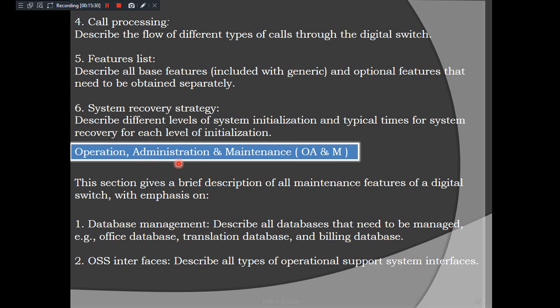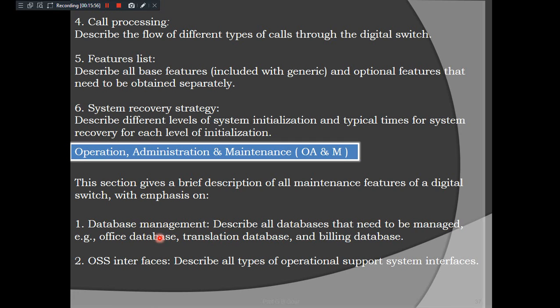So in summary, we can say this contains the operation, administration and maintenance report, the OAM report. Analysis report means OAM report. This section gives a brief description of maintenance features of the digital switch, like database management. Means it describes all databases required to manage, like office data and translation database.